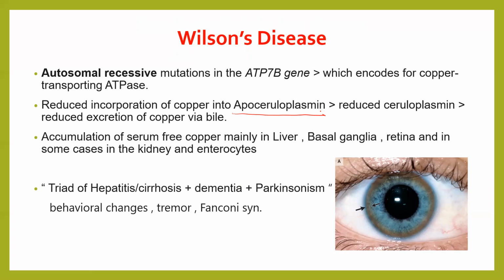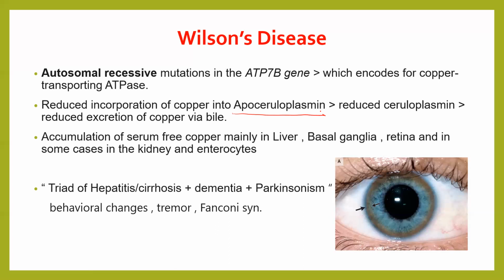So you can think of it as copper is a passenger and apoceruloplasmin is like a vehicle. And together, when copper is attached to apoceruloplasmin, it's called ceruloplasmin. And ceruloplasmin is what is detected in the blood. So it's a way of the body to attach copper onto apoceruloplasmin so it can be excreted via bile. So what happens in Wilson's disease is, since we do not have this ATPase, copper is not able to get attached to apoceruloplasmin, which means we have reduced levels of ceruloplasmin,